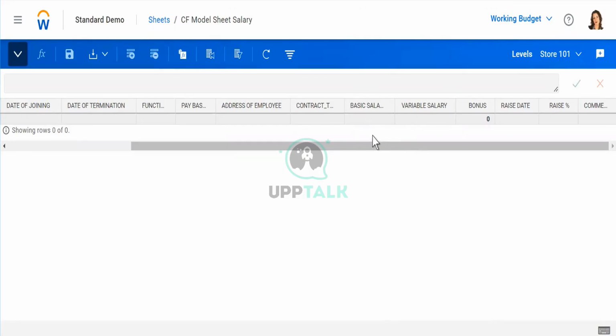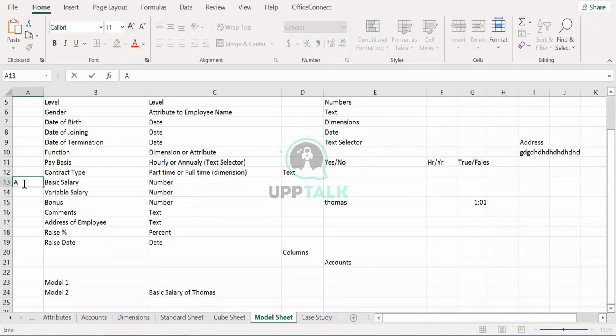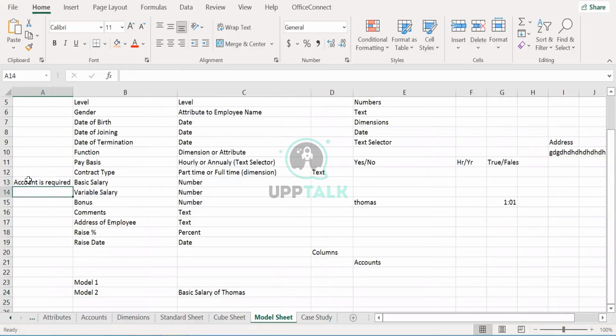In an Excel file, you can do VLOOKUP, but in Adaptive, in order to make those linkages, you have to record these columns in accounts also, and that is only for the number accounts. Which are the number accounts for us in this? There are 3 number accounts. An account is required for only the number accounts.